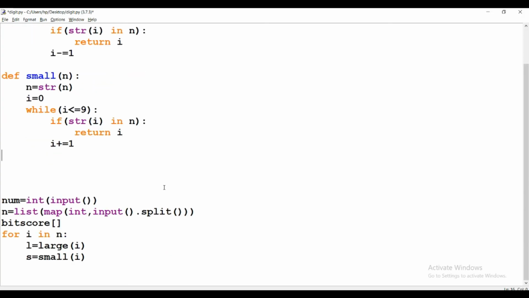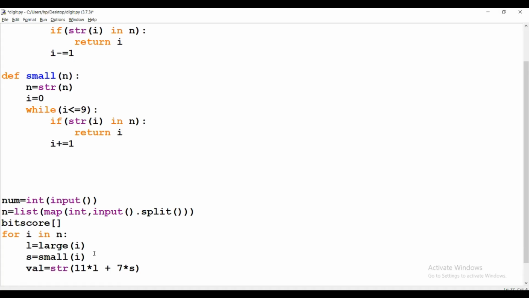Okay, now after that we have to calculate the value. So val is equal to str of 11 into L plus 7 into S. Now I have to check if the length of my value is greater than 2.